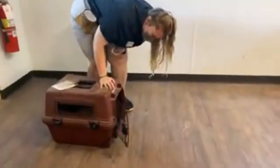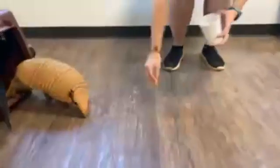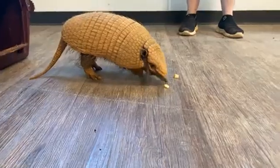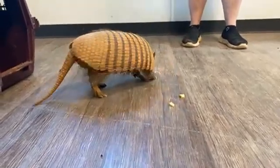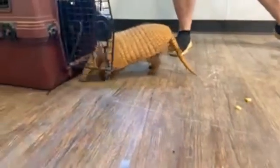Hey Gary, you want to come out? There he is. Now Gary is a six-banded armadillo. Six-banded armadillos are pretty awesome animals. They are from Central and South America, and he's actually going to be out and about doing a lot of